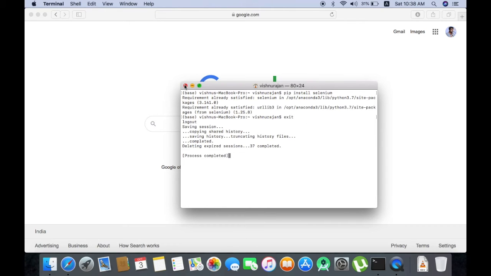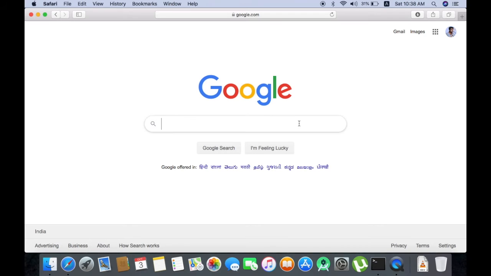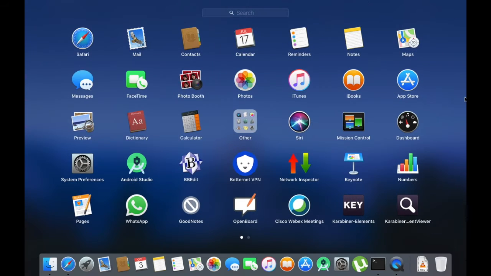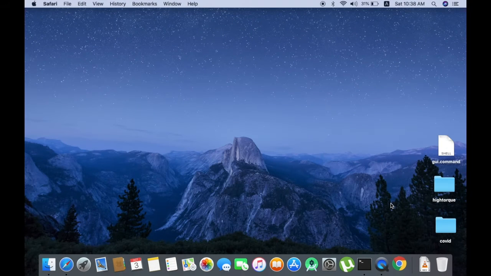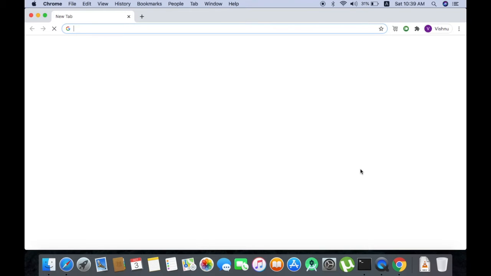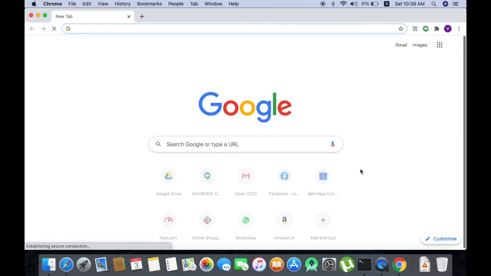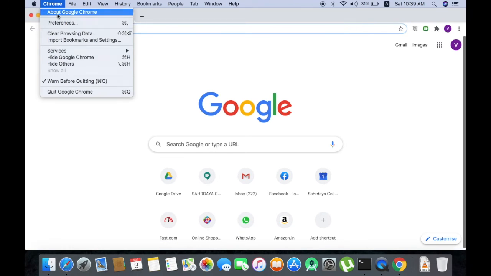There is another step, step number 2: you need to download and install drivers for the browser that you need to automate. For example, as the commonly used browser is Google Chrome, we will start with Google Chrome itself. If I need to automate Google Chrome, first of all I need to find the Google Chrome version.